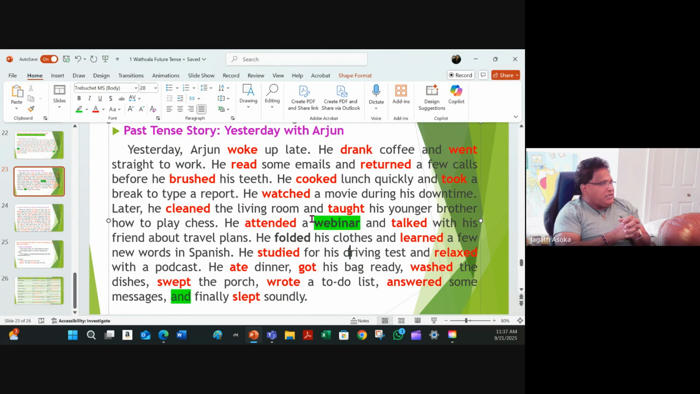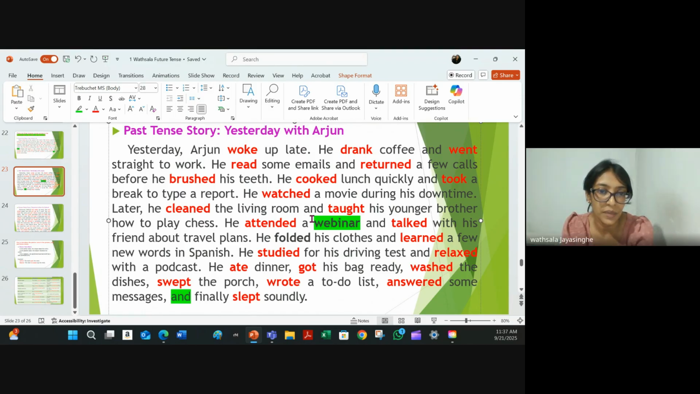This is easier than the present tense because the verb, whether I, you, he, she, we, is the same form. So, Wathsala, use I and tell the same thing. I woke up late. I drank coffee and went straight to work. I read some emails and returned a few calls before I brushed my teeth. I cooked lunch quickly and took a break to type a report. I watched a movie during my